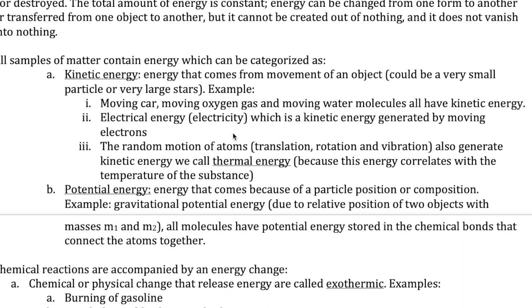There are some other examples that are not as easily visible to us. Electrical energy, or electricity, is really the result of moving electrons. Electrons are really tiny subatomic particles that we will discuss a little bit more in future chapters, but the reason we have electricity is because electrons are moving from one location to another. It turns out that atoms, which make up all the matter that we know of, also move around. So you might look at your book, for example. Your book is composed of papers. The papers are composed of molecules, and the molecules are composed of atoms.